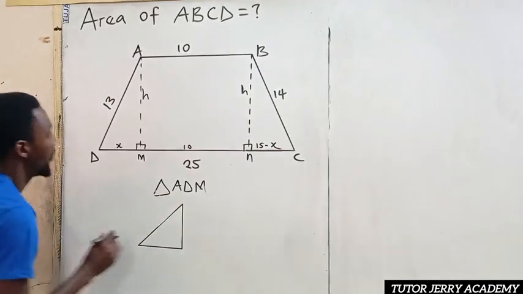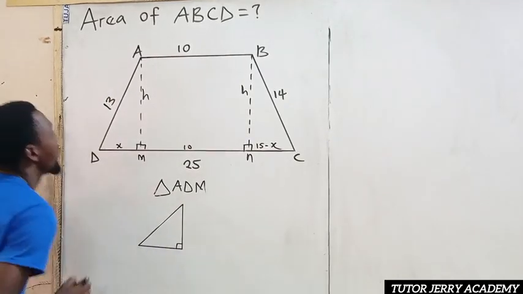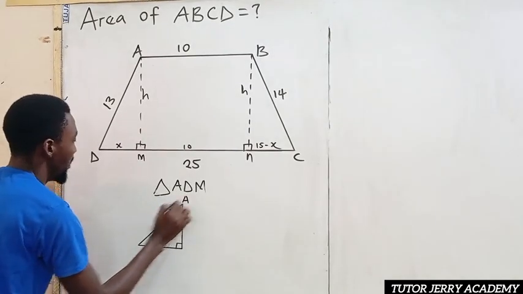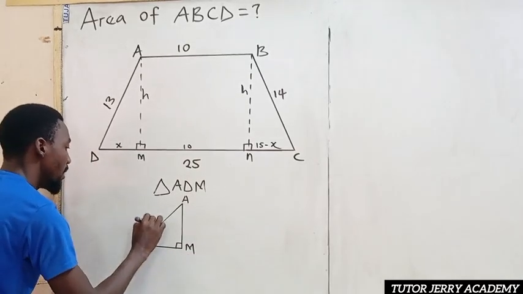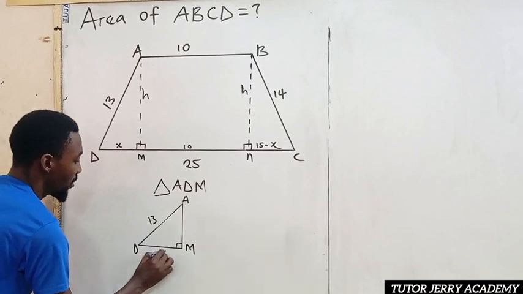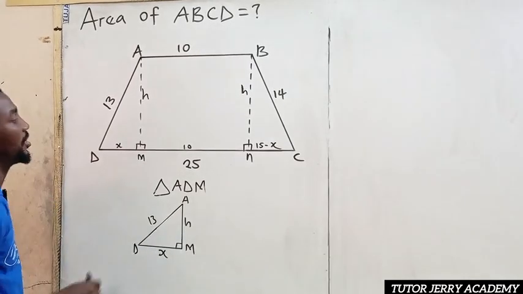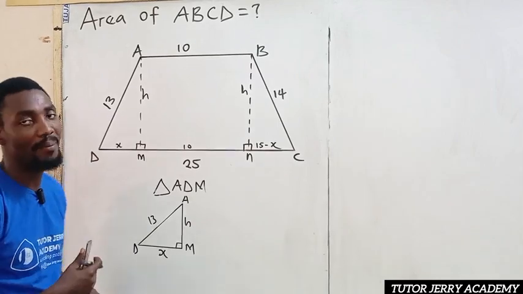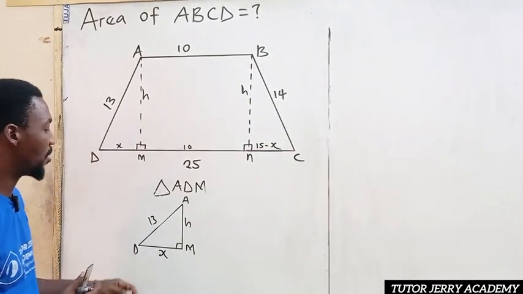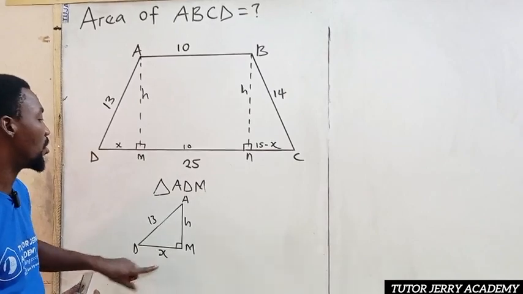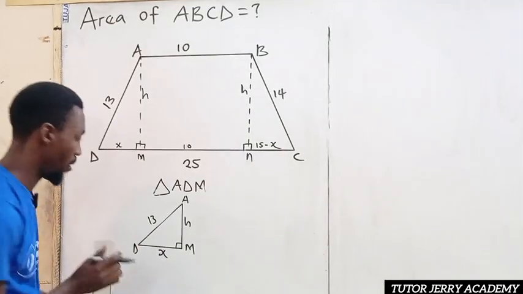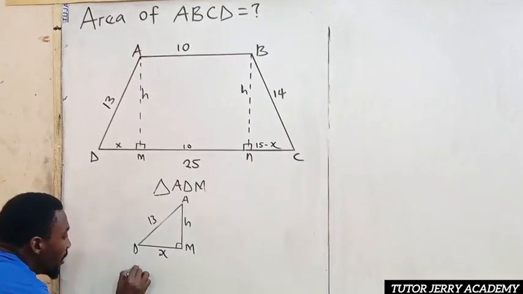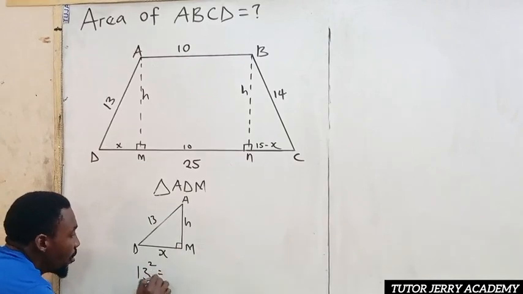So we are going to have our 90 degree here. We have A, we have D, we have M. So this place is 13, this place is X, and this place is our H. So now we can apply Pythagoras theorem. From Pythagoras theorem, the hypotenuse squared is equal to the sum of the squares of the two other sides. So we are going to have 13 square